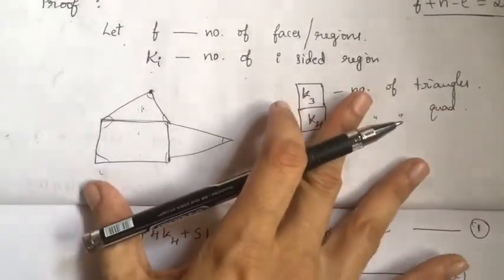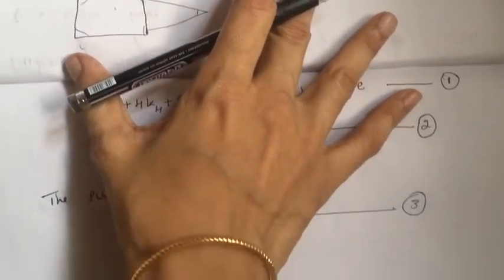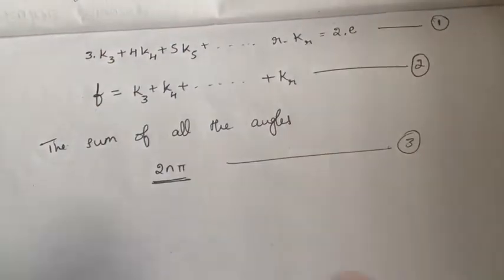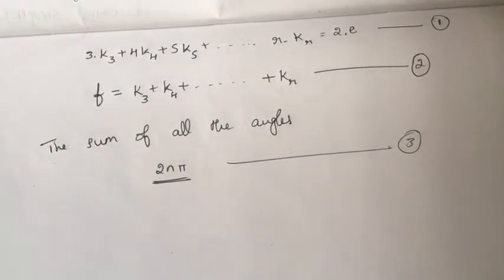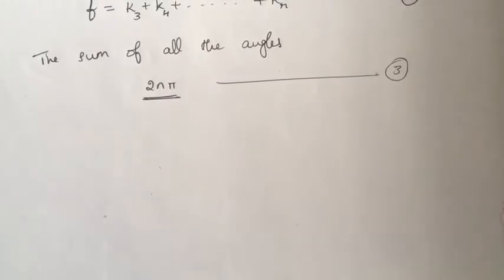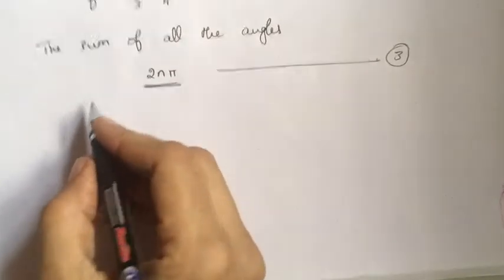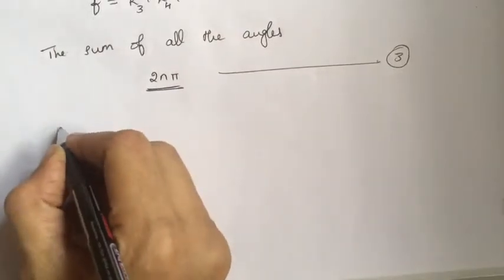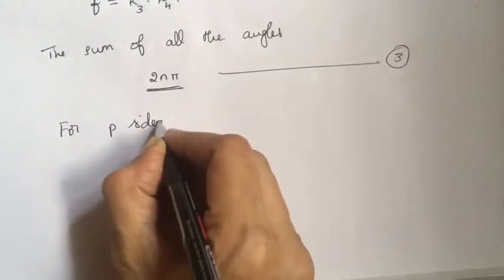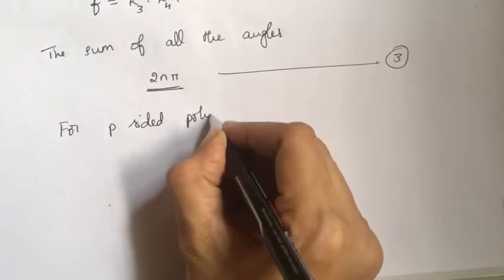So the total angle I can write as the sum of all interior angles plus the sum of all exterior angles. Now we know that for a p-sided polygon,